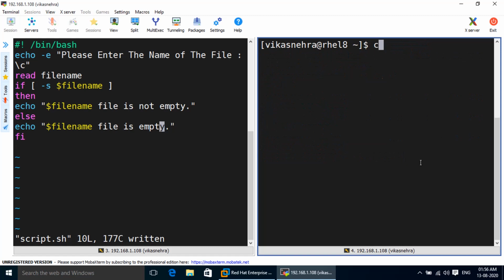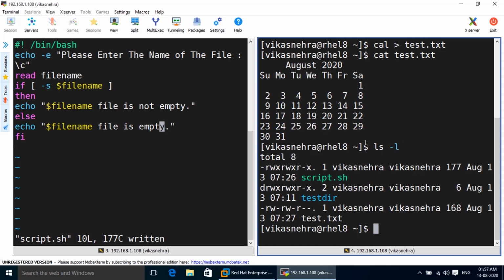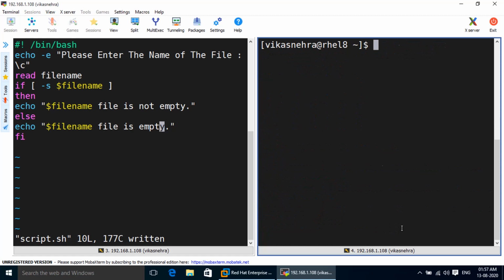Now what will happen if we write anything inside the file? Let me send the calendar into this file. Now if you open this file, you will find the calendar inside it, and we can verify the same with the help of the ls -l command, and you can see the size now. It is 168 KB. Now we have some content in the file.